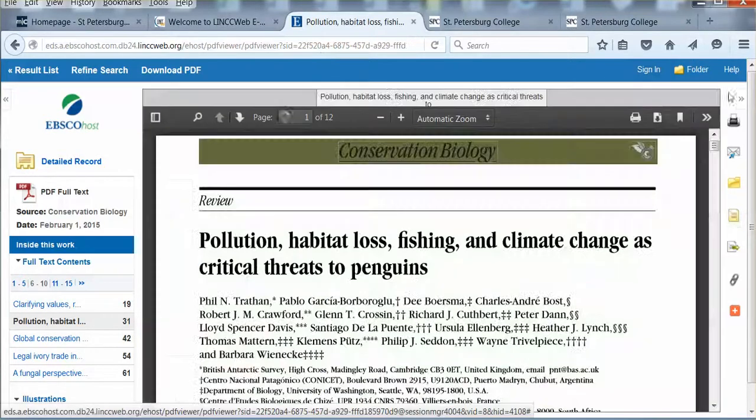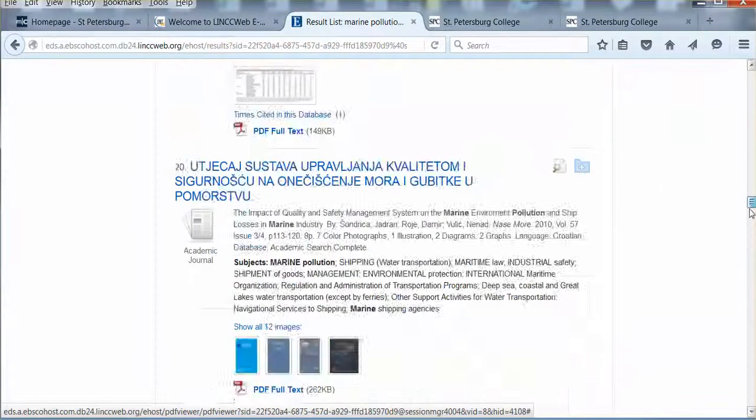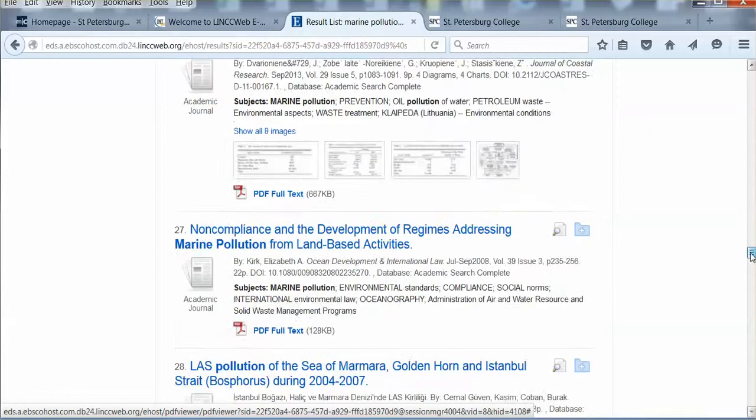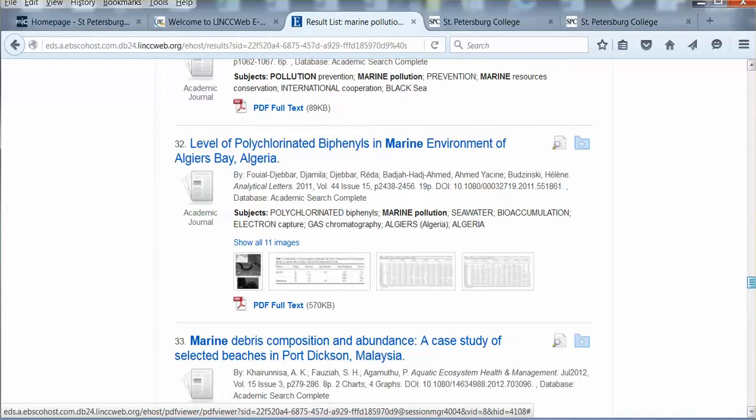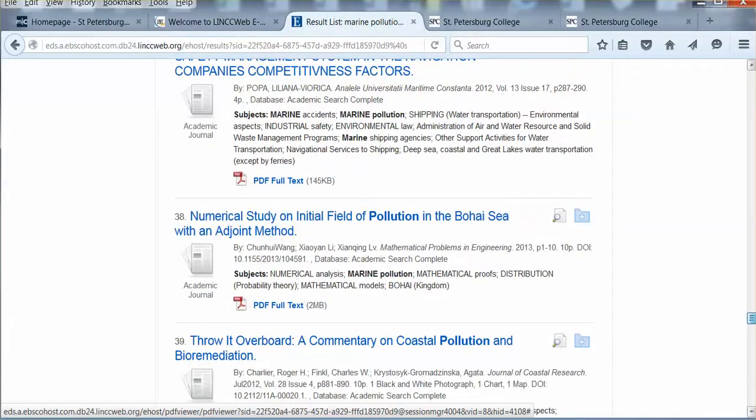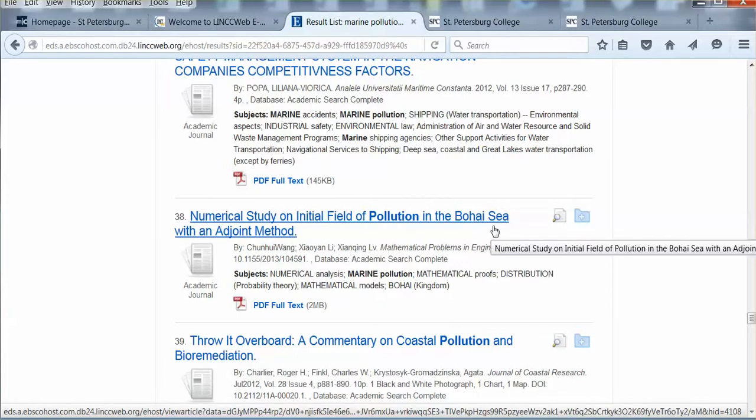Okay, now I'll go back to my results and I'm going to see if I can find one that looks more like a true journal article, or rather research article. So I'll just keep scrolling down and see what I get. All right. Let's see, numerical study on initial field of pollution in the Bohai Sea with an adjoint method. That looks like it's more of a research article, and I'm going to go ahead and click on it,